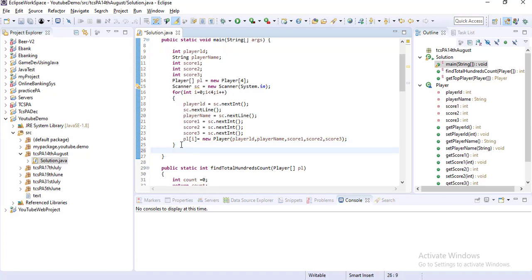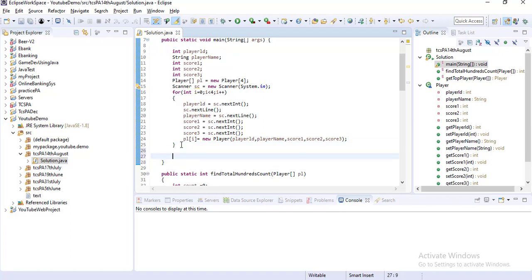Here I will write int number of century, or instead of century you can write number of hundreds, the total number of hundreds, equal to calling findHundredsCount.